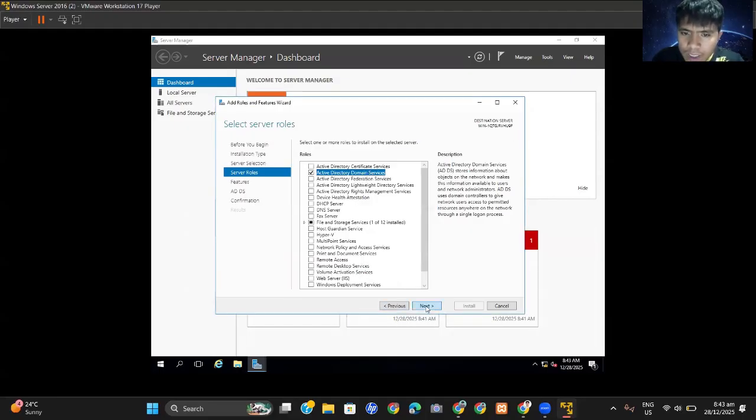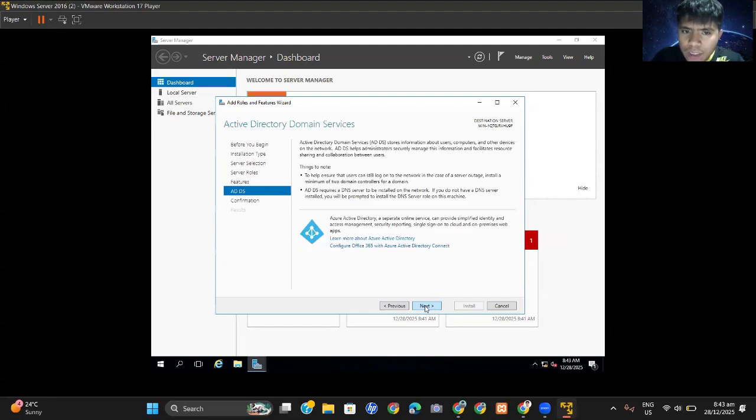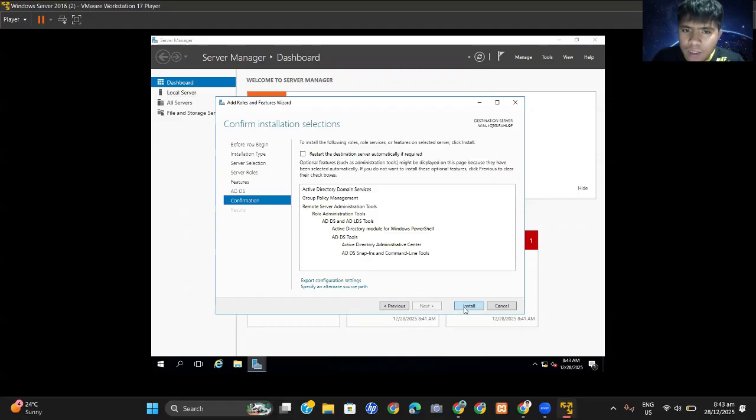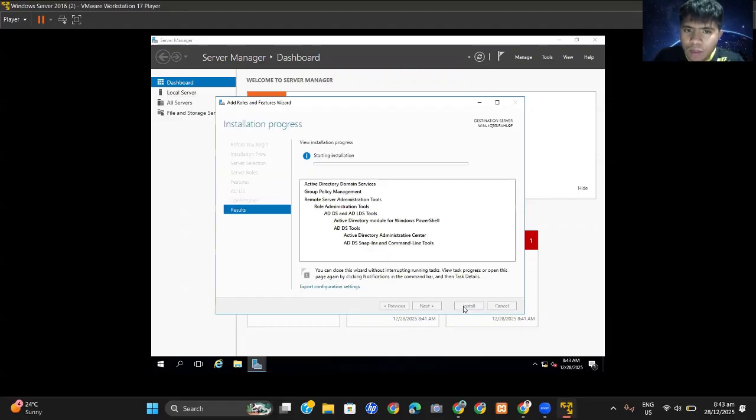Just click next here. Then this is the Active Directory description, what is its purpose. Then click next, then install. Then we need to restart again so that the changes are applied. So wait for the installation of the ADDS.